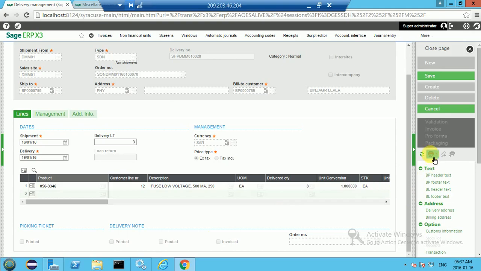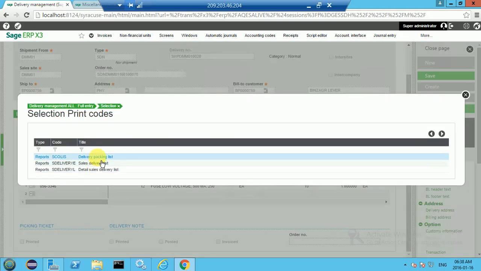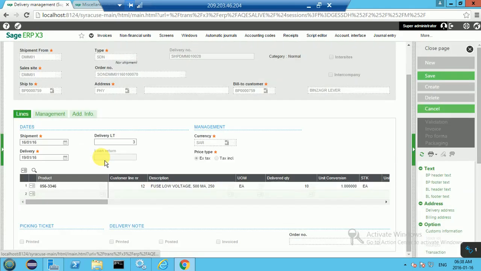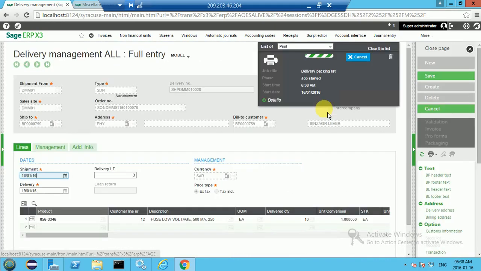For example, if I go to the print selection, and I specify delivery backlist picking ticket, I will then be able to select print,